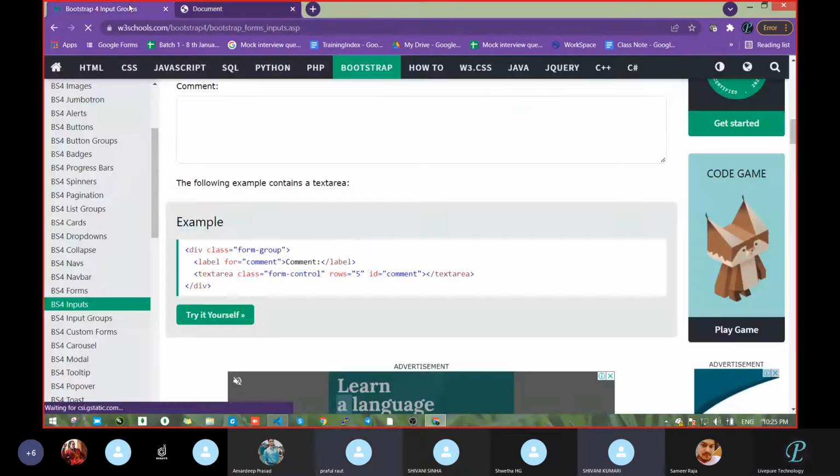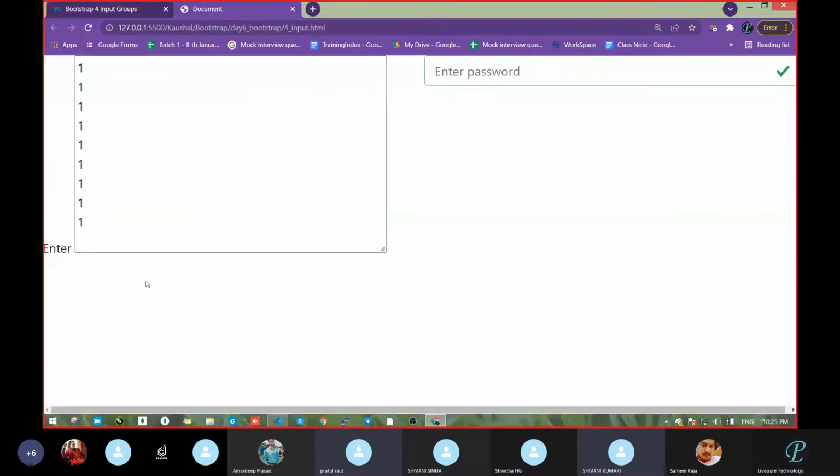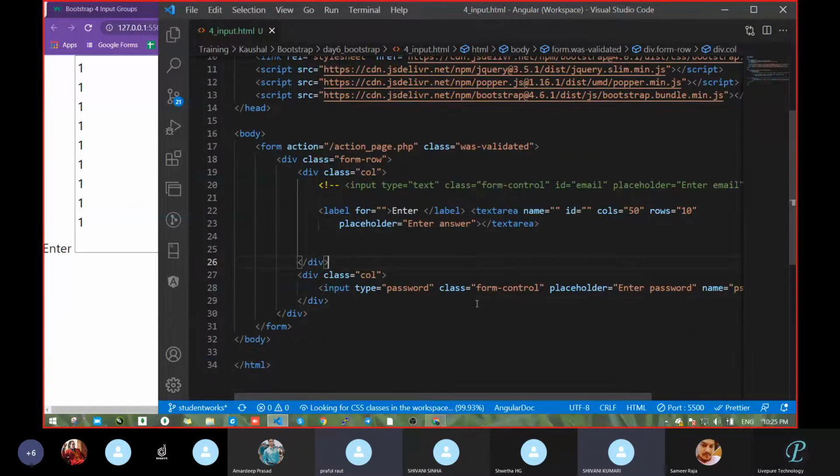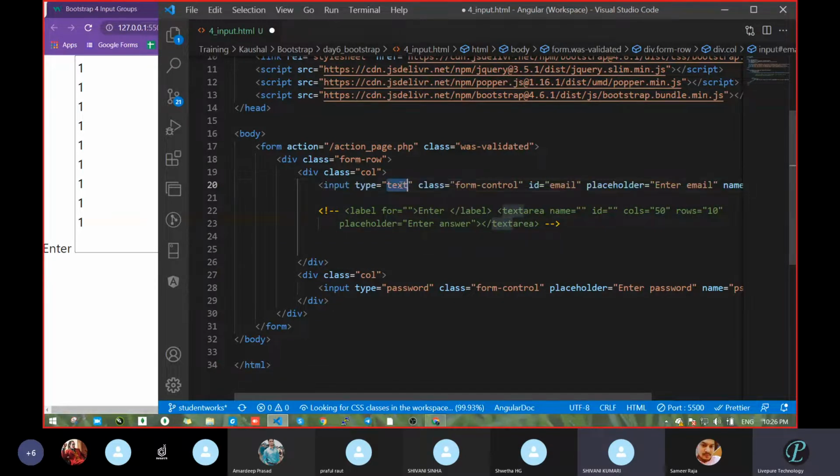Sir, one doubt, sir. Input type text area. Can this same thing happen, sir? Okay, you type, write it. One second. See, actually, in type, text area will not come.